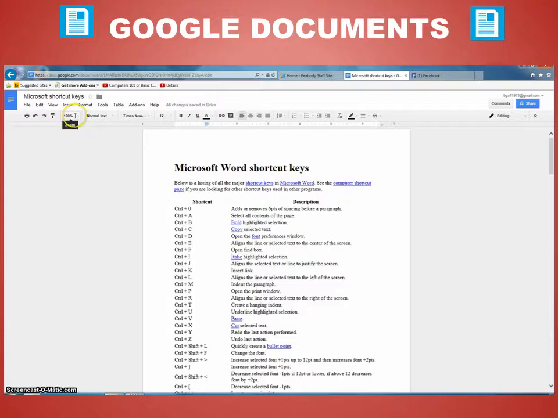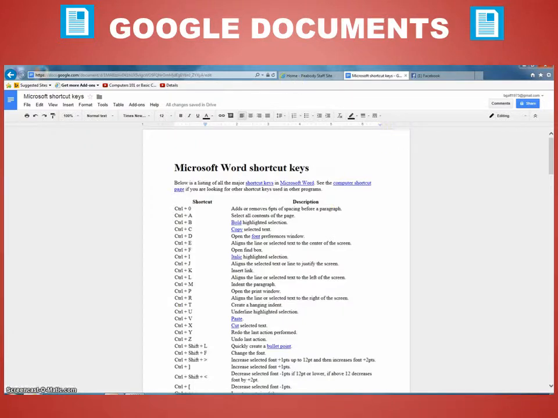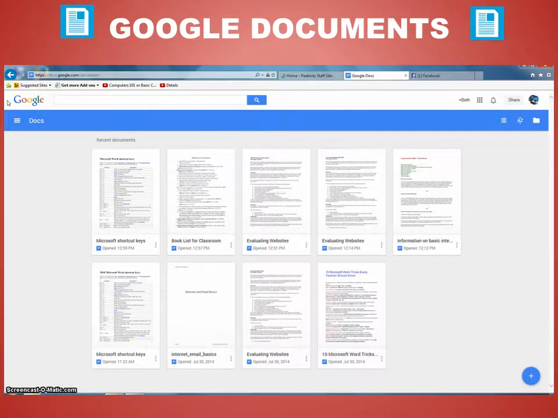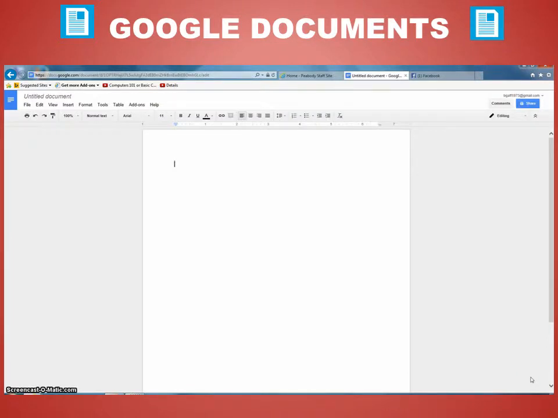But I can do a paint. I can change the size of my document that I'm working with, and things to that effect. So this is just working off of existing documents I either have in my computer or that I've already used on Google Docs. Now let's say that I want to start my own, a brand new one. Down here in the bottom right hand corner I have this area here, and I have a little document plus sign. So if I click on that, then it's going to open up a brand new document for me,